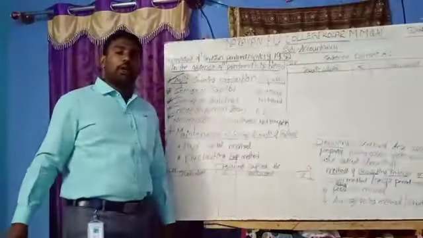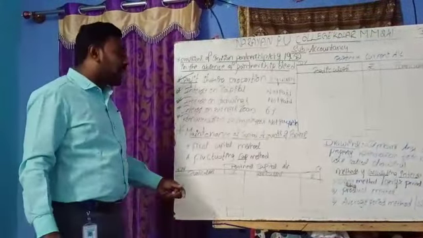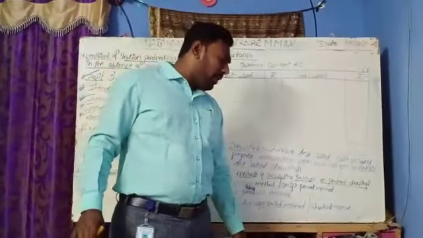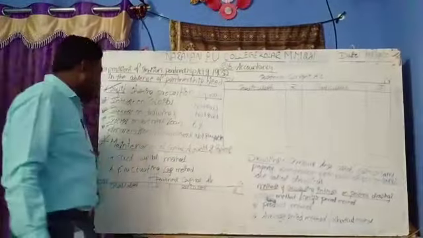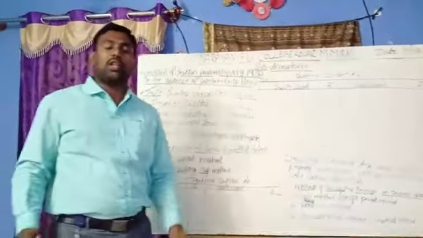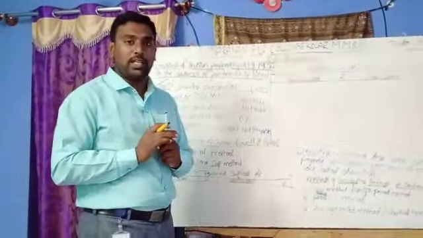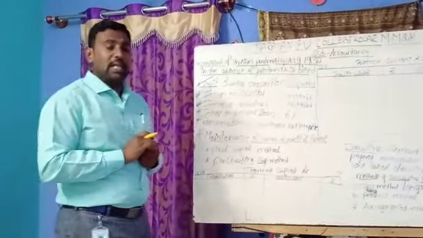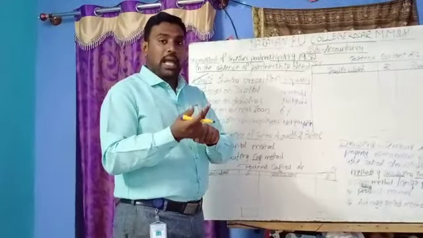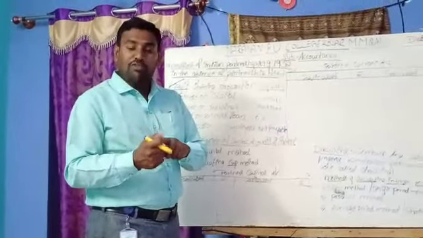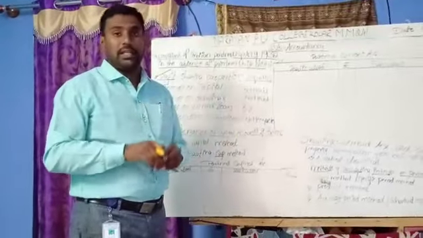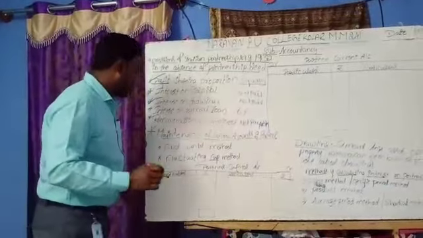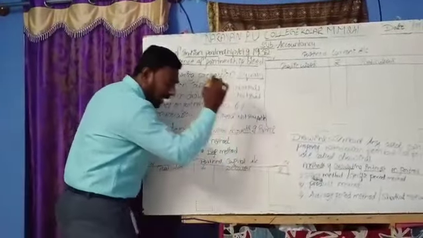Next important topic: maintenance of capital accounts of partners. As per the partnership deed, all the transaction information related to partners should be transferred to the partners' capital accounts only, like the partner's capital, salary, commission, or any profit or loss incurred in the business. Everything is transferred to the partners' capital accounts.